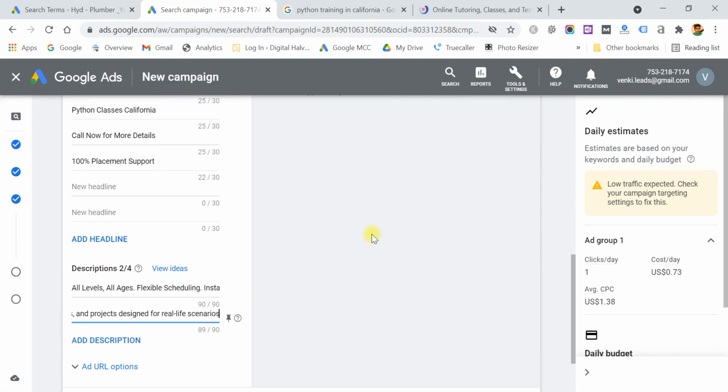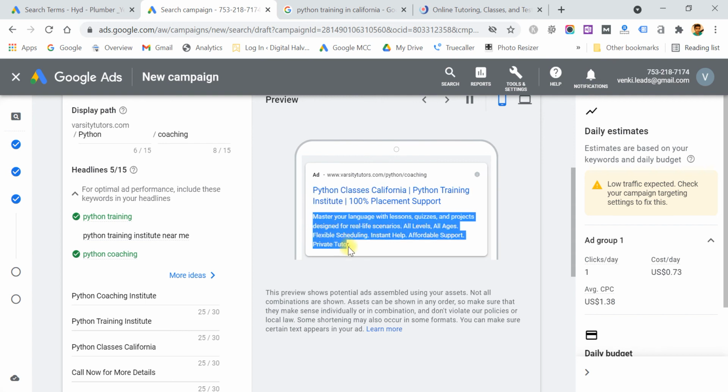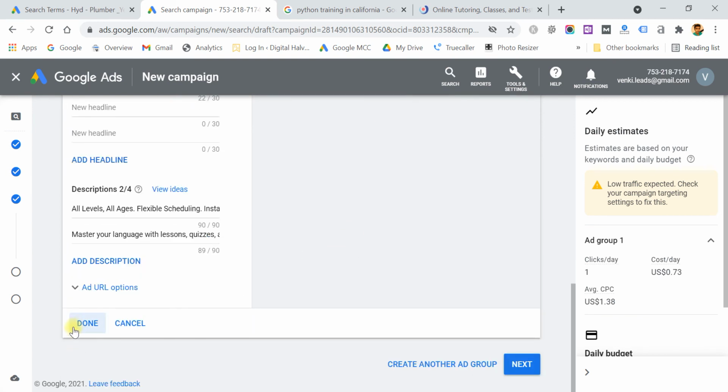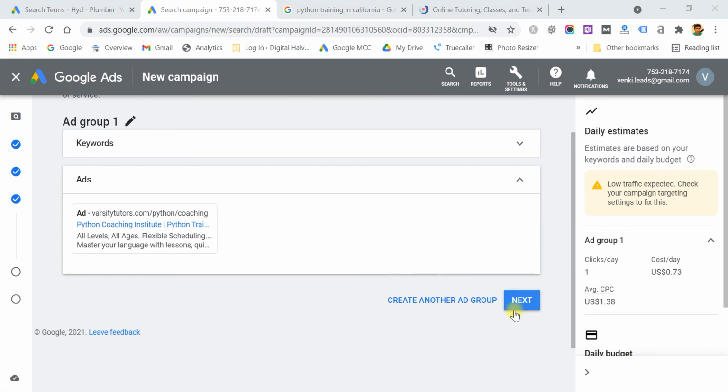I'm just clicking, see here I can show you the preview. 3 headlines you are seeing and 2 descriptions you can see. Just click on done and click on next.